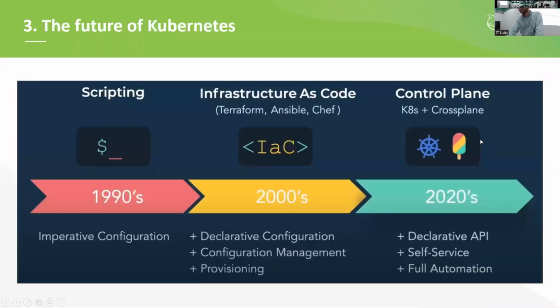Okay. So the future of Kubernetes. If we go back in time and see how we started with imperative configuration, which I haven't been using, but people have been using it in the 90s: scripting, bash, Pulumi, and everything to get your infrastructure and configuration up and running. We moved to declarative configuration, to configuration management and provisioning in 2020 with infrastructure as code. And now in 2020 with tools and operators like Crossplane, we actually have a declarative API, self-service, and full automation